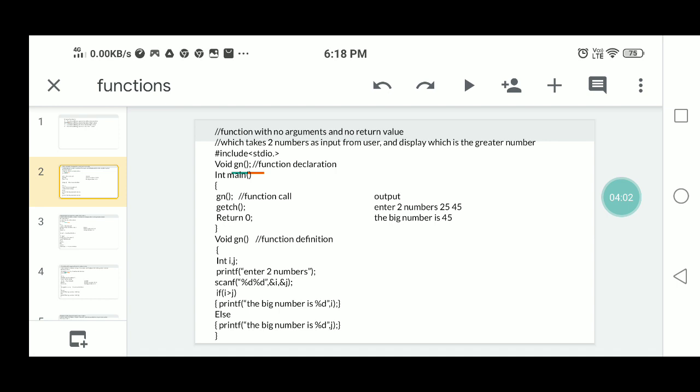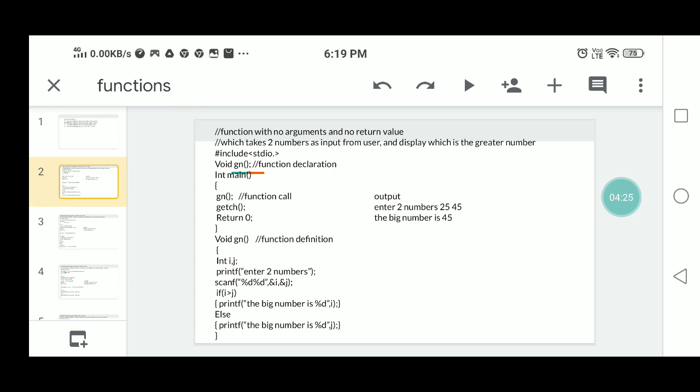In the user defined function, you implement the logic. The logic is here: you define 2 variables, i and j. Then you enter 2 numbers, with a printf statement for i and j.